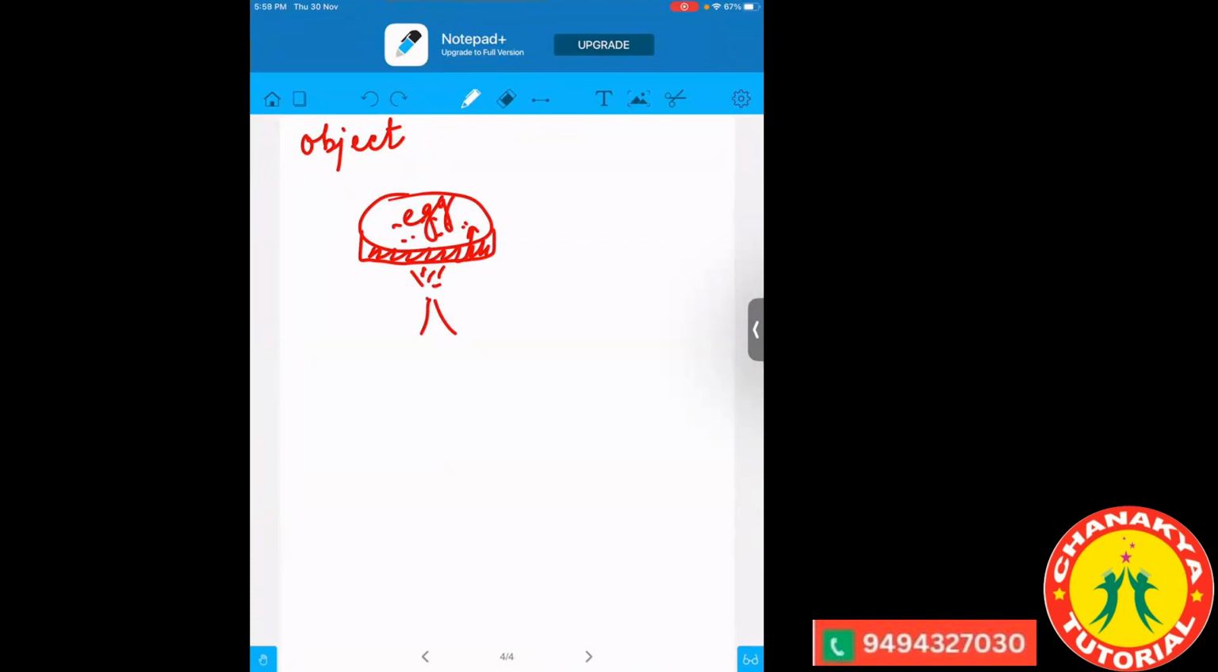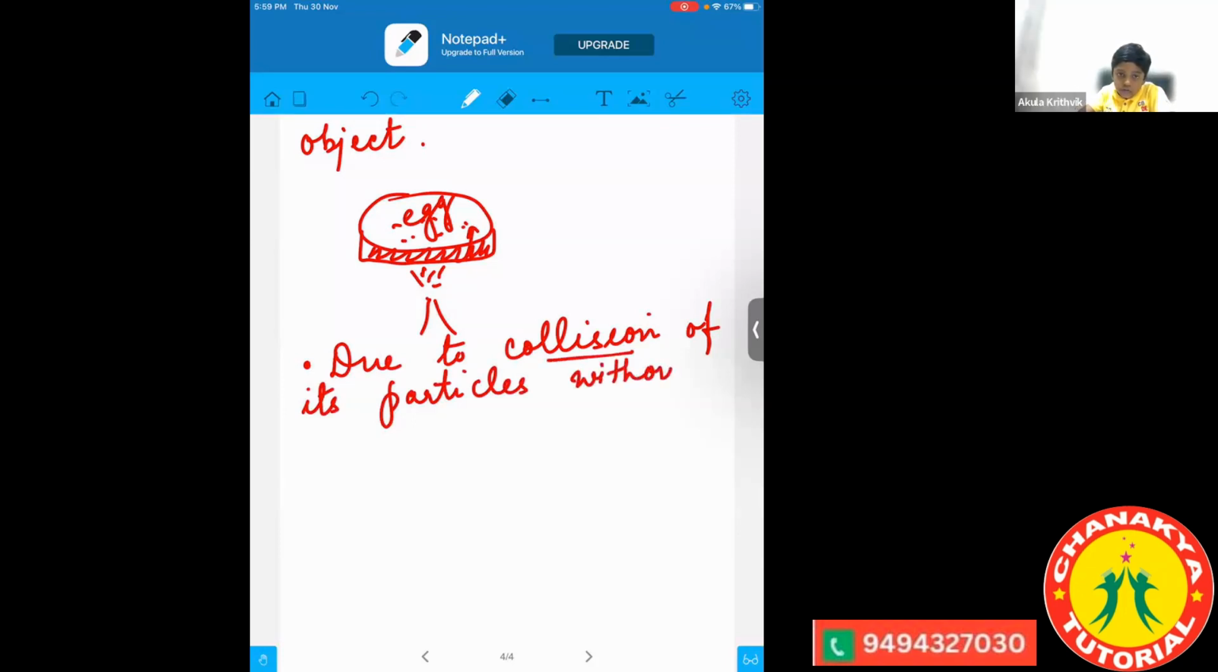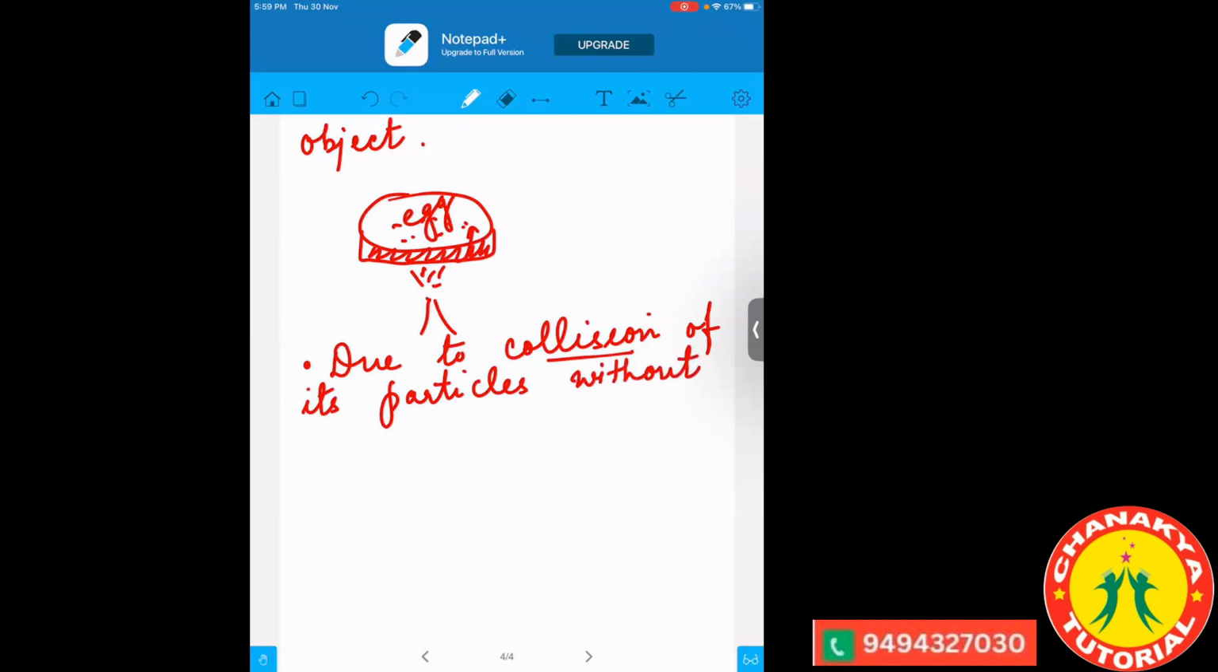of an object. Now why does it happen? It happens due to collision of its particles. So what do you mean by collision? Colliding. Yeah, colliding. So basically they just collide with each other, they come close to each other,